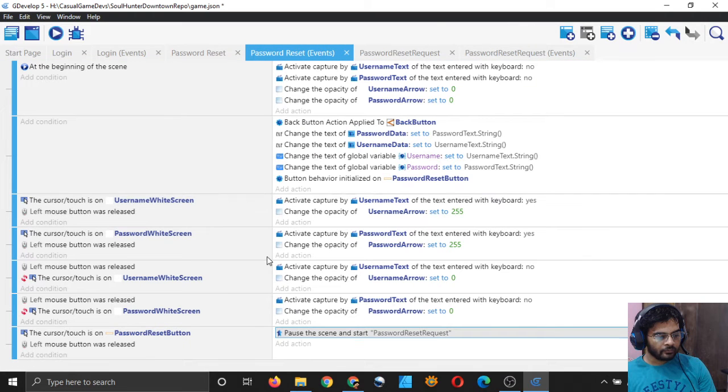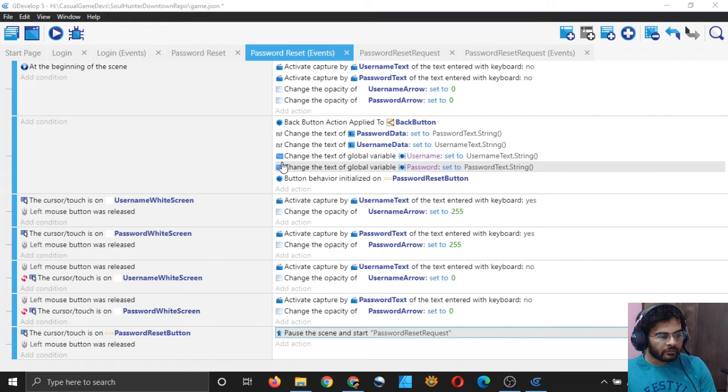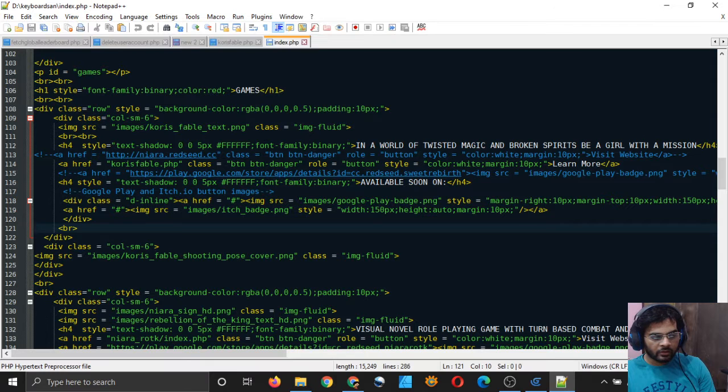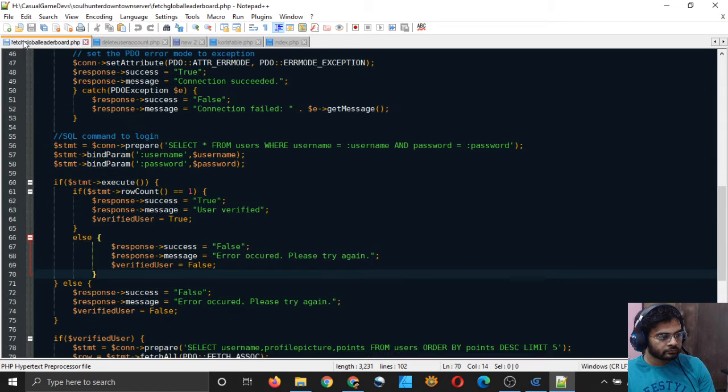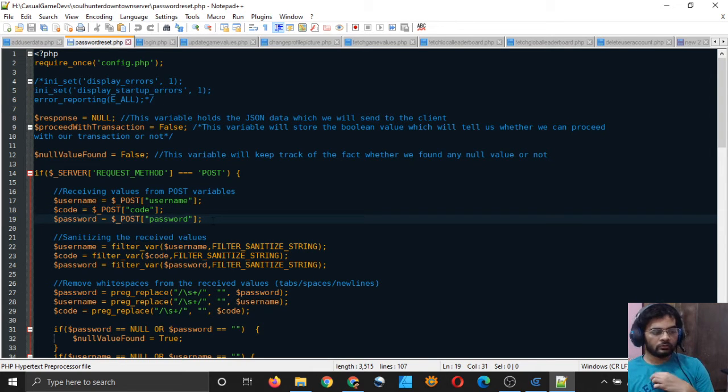And again, I think I will just have a look at my server code and see what I am sending in the password reset scene. So I have password reset here and I am sending username, code, and a new password also, right? So yeah, for resetting the password you need a new password too. Okay, so